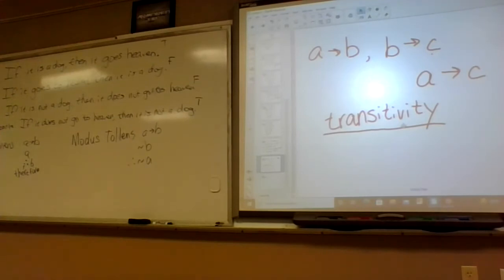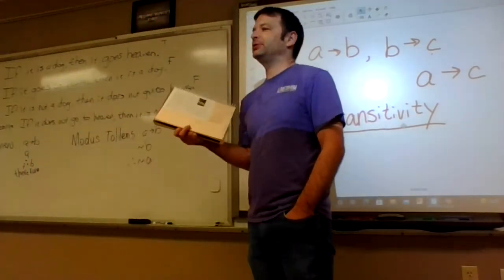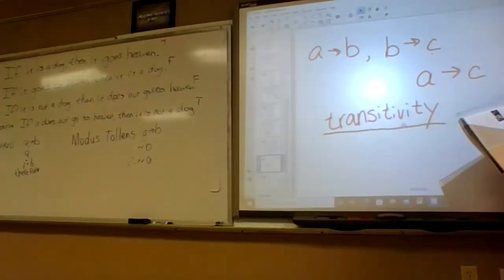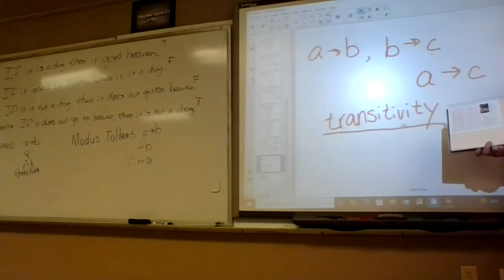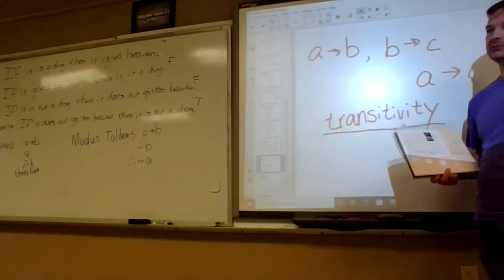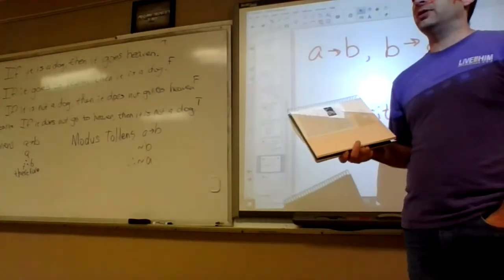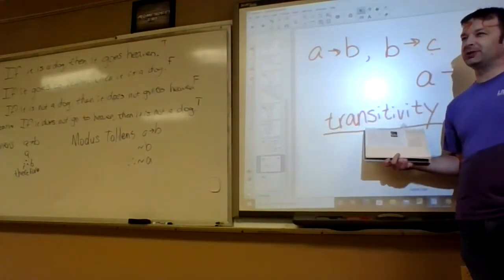What kind of reasoning did we use to say that the cat has a four-chambered heart? These are all deductive reasoning today, but which of these three kinds did we use? It was a cat is a mammal, mammals have four-chambered hearts, so the cat has a four-chambered heart. So transitivity. Yes, a cat has a four-chambered heart, that's our conclusion, but the kind of logic we used was transitivity.